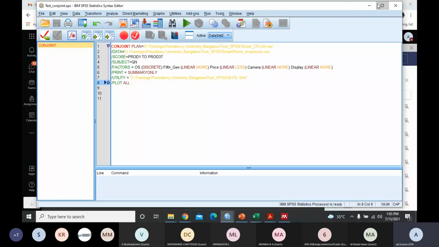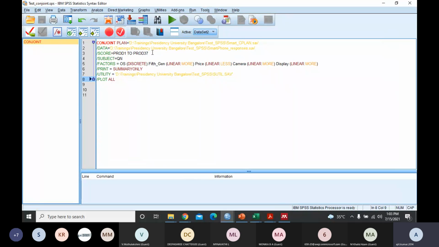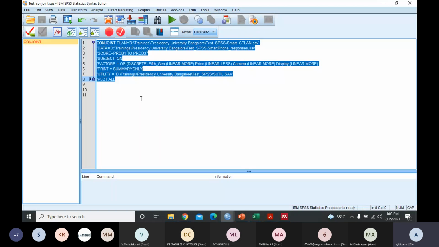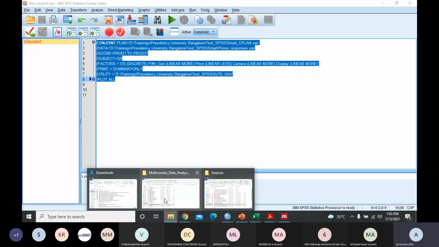So here, please have a look. I think this is in different colors, so it is a little hard to look at. Is it visible, or do I need to zoom this? Please zoom this. Okay, zoom will be better. All right. So what I will do is I'll open maybe.